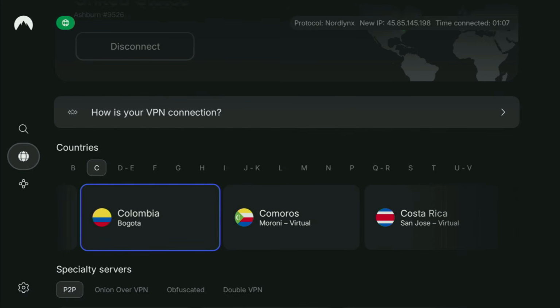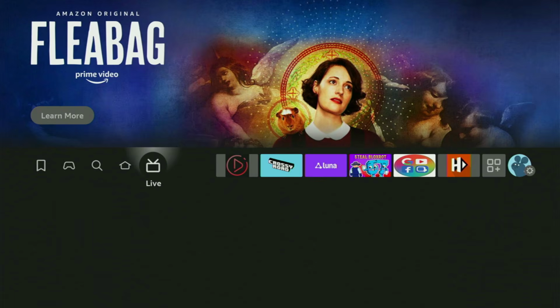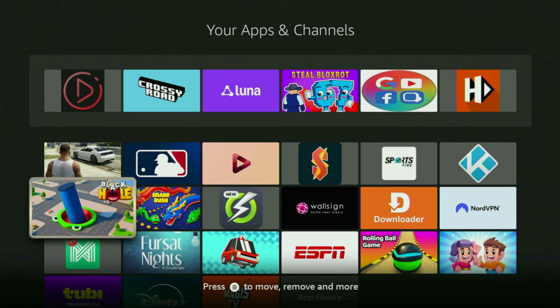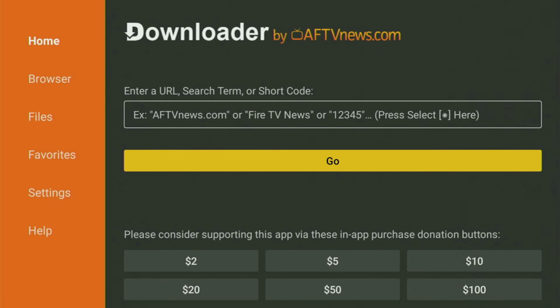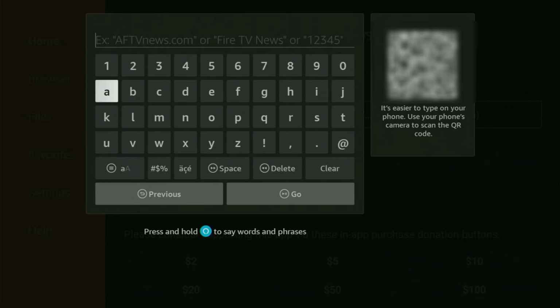And now, finally, let's use Downloader safely. So we go back to a list of apps on your device, and then head straight into the Downloader application. So you open it up as well, and now basically what you gotta do is go to the search bar and enter a code, which will be